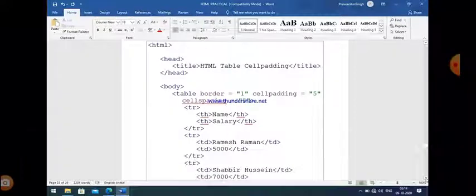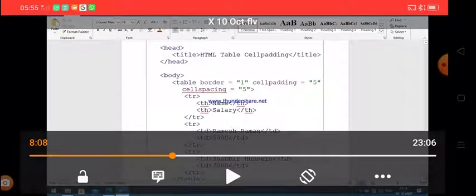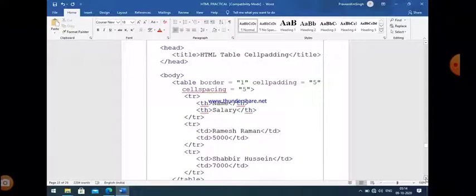I already discussed the border attribute. Border simply creates a border. Next are cell spacing and cell padding. Now what is the difference between cell spacing and cell padding, and what is their utilization as far as a table is concerned? One thing should be very clear: if you want to increase the space between the different cells, then we use cell spacing.